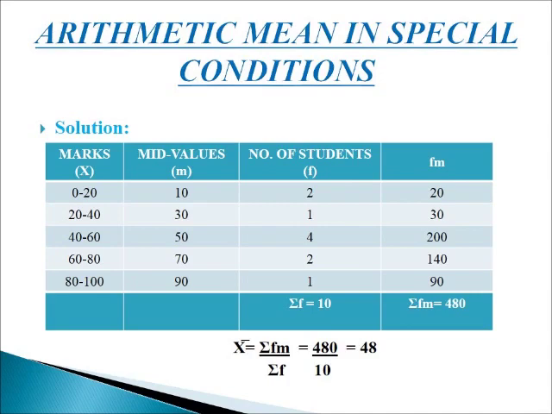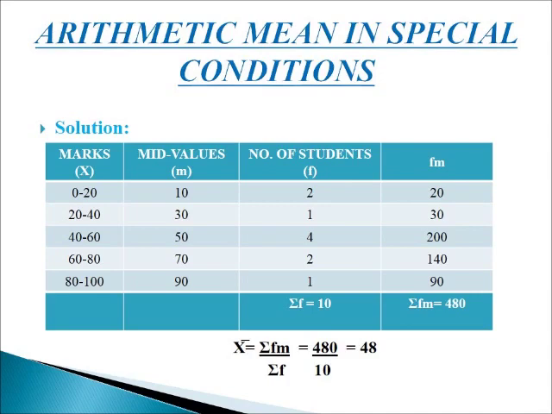In the second column, we will write mid values, which is denoted by M. We will get mid values by using the formula as we have discussed earlier, that is lower class interval plus upper class interval divided by 2, that is in the first row 0 plus 20 divided by 2 we will get 10. This is how we will calculate mid values. In the third column, we will write number of students that is given in the question. In the last column, we will write the product of frequency and mid values, that is FM,